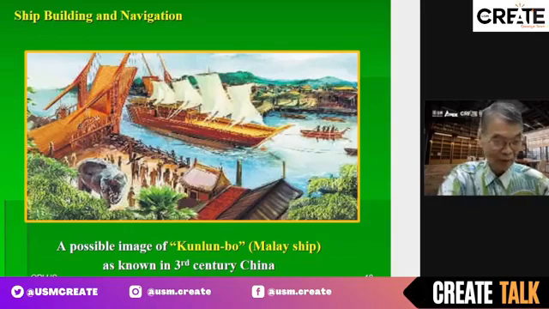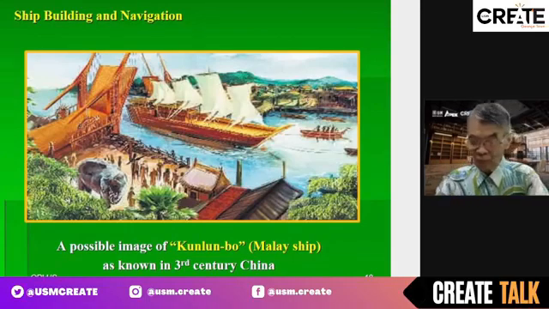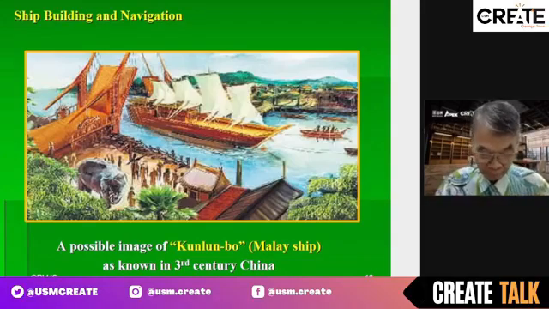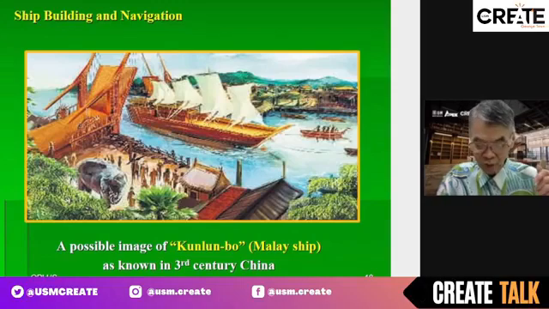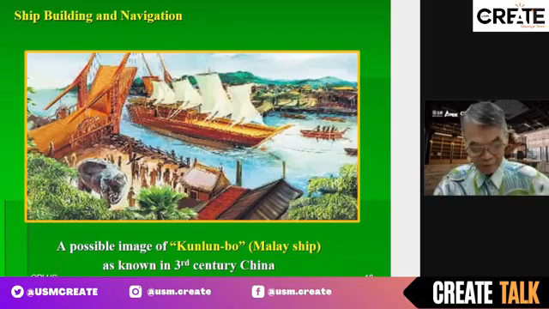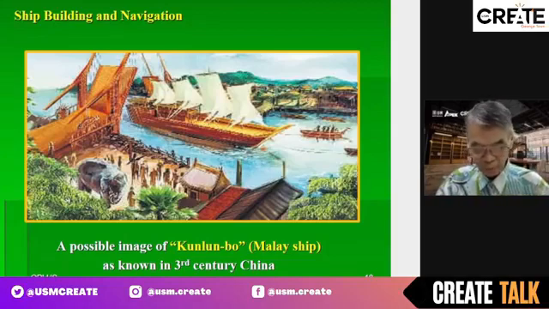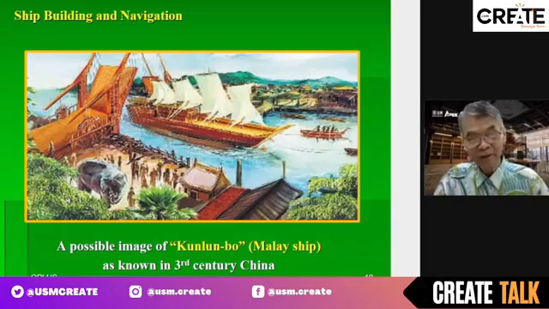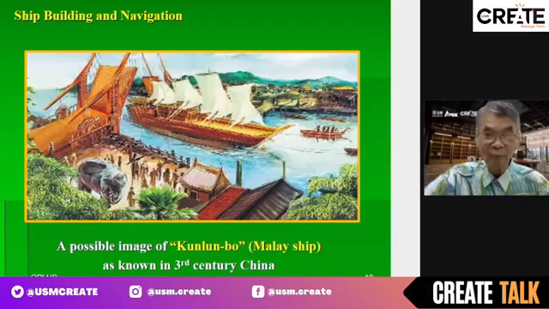And as described earlier, a typical Kunlun Bo would measure about 200 feet long, 20 feet high above water, 4 sails, cargo of 900 tons, and between 600 to 700 men in the ship, as well as to be there as passengers. Okay, moving on from the picture,